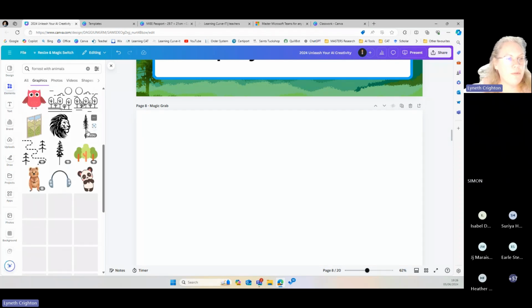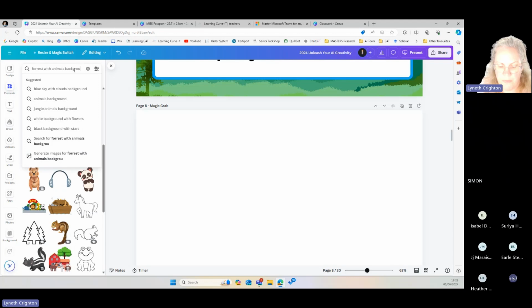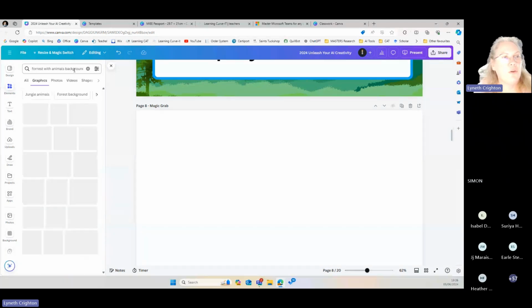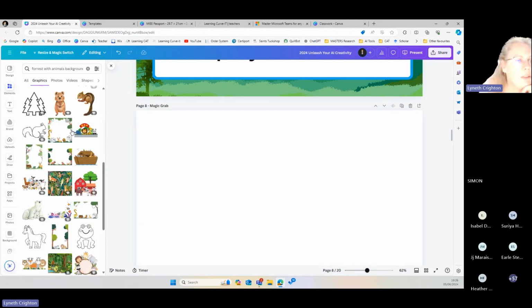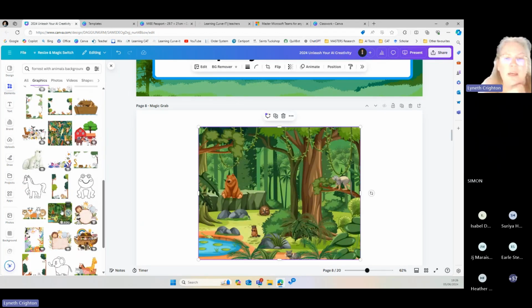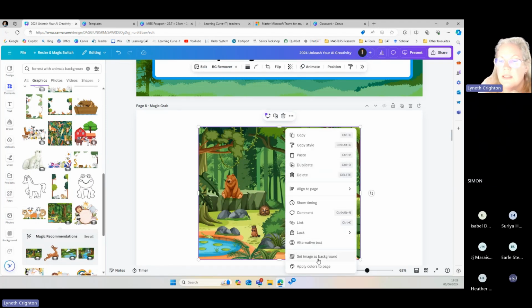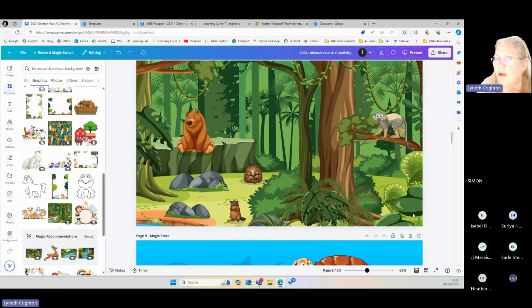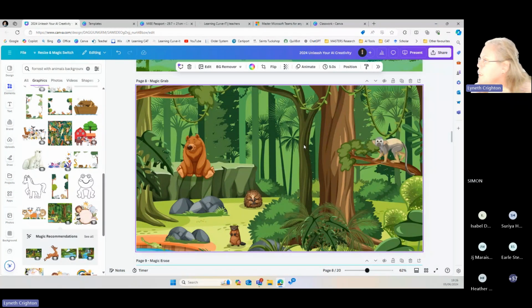I love all the images that it gives you. So here they are. If I right click on it and say set image as background, it fills the whole page. Does it translate to African?